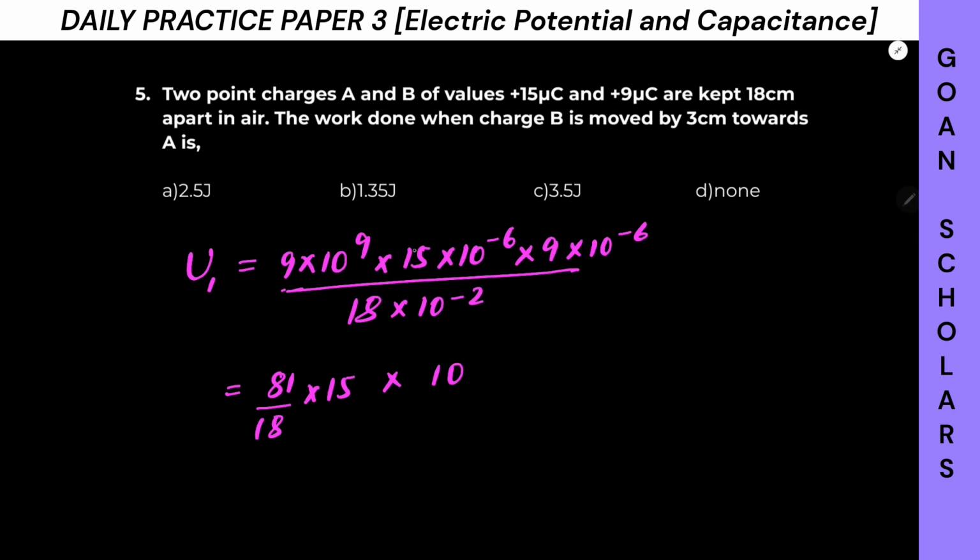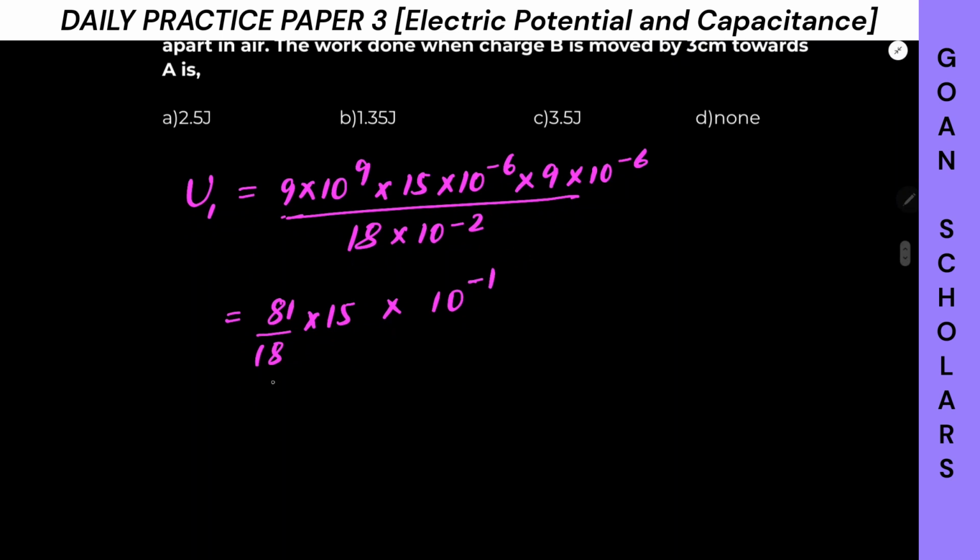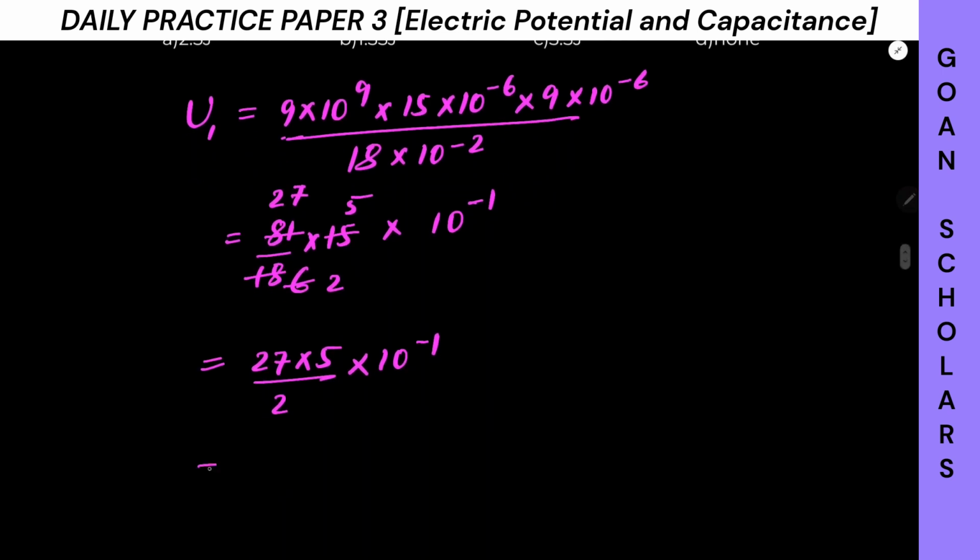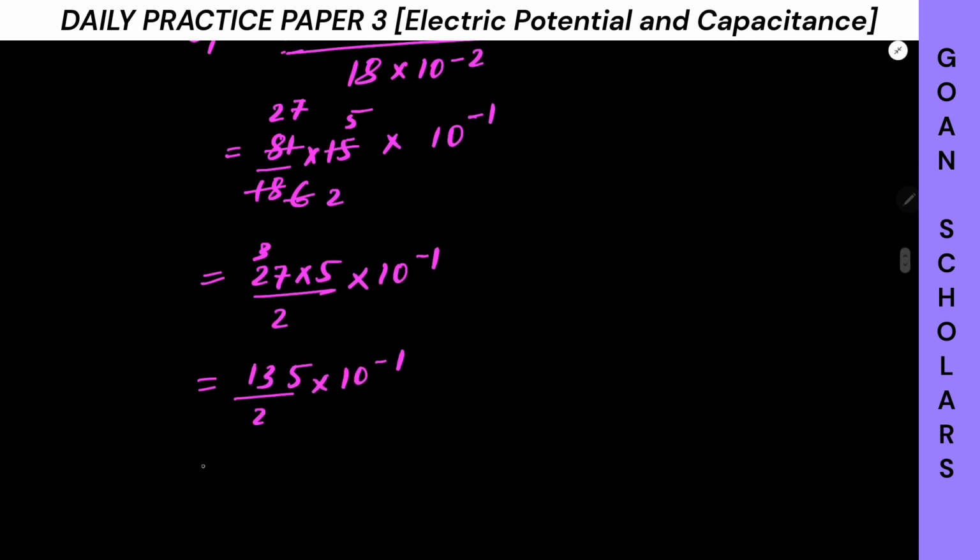On 10 to the power 11 and minus 1 it will become 3 5s, 3 6s, 3 2s, and 3 27s. So this will become 27 into 5 upon 2 into 10 to the power minus 1. So how much is this? 5 7s are 35, 5 2s are 10, 13, so 135 upon 2 into 10 to the power minus 1, and this will be 2 6s are 12, 15, 14, 67.5 into 10 raised to minus 1, and that is 6.75